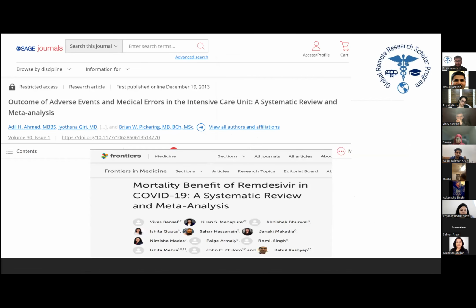Another very interesting way and a very popular methodology in our program would be looking at systematic review and meta-analysis papers. So in this particular case, this was a paper published by Dr. Kashyap and his team, where they looked at the outcome of adverse events and medical errors in the intensive care unit. So a systematic review in that sense would be conducted in a case where there is enough literature out there. Maybe we don't have a problem with the knowledge of the research gap, but there's not a systematic review done which summarizes all these papers that exist online